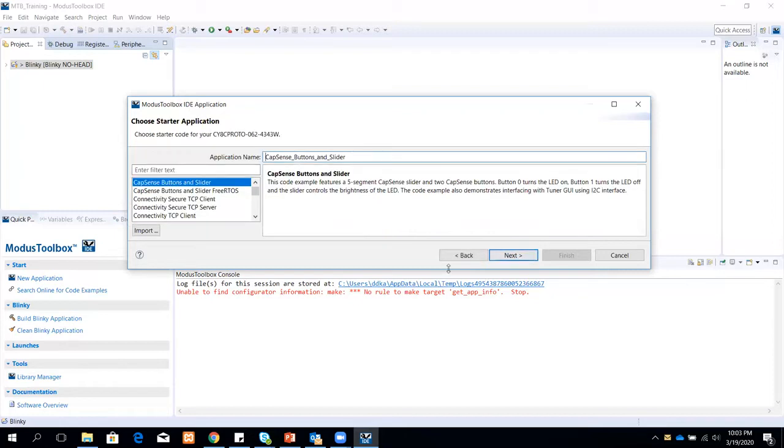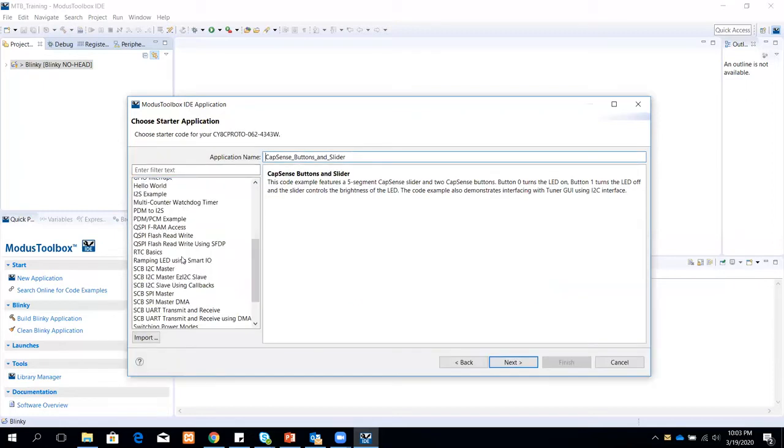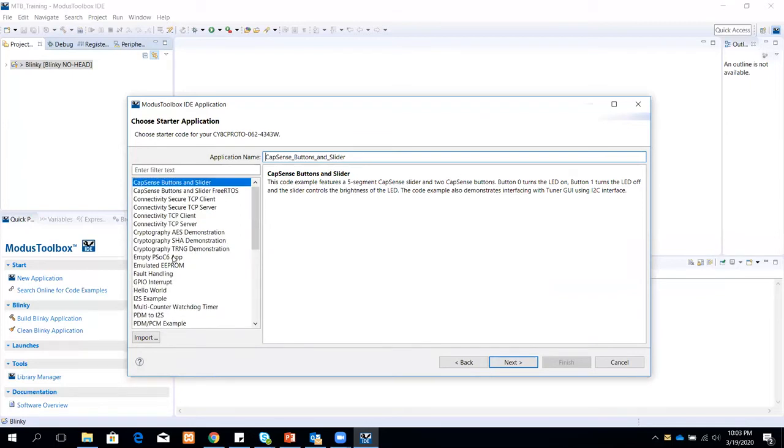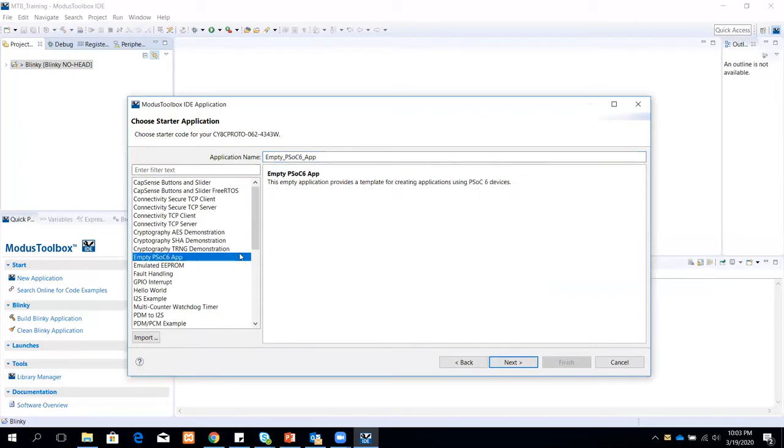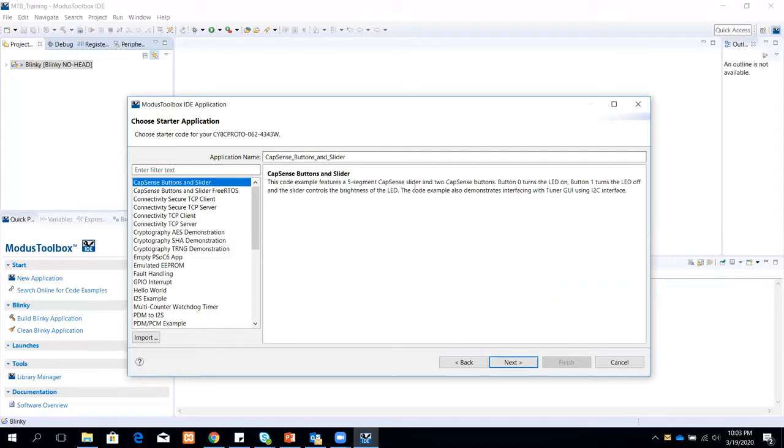And here you'll have application templates. So you can choose whatever you want and then proceed. But if you notice here, there is a short description of what the example does and what are the things that are enabled as part of the project, right?